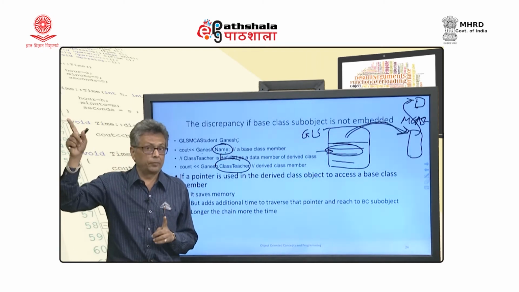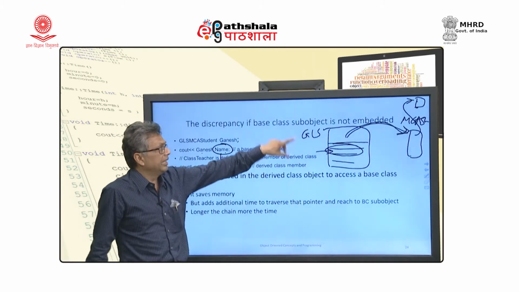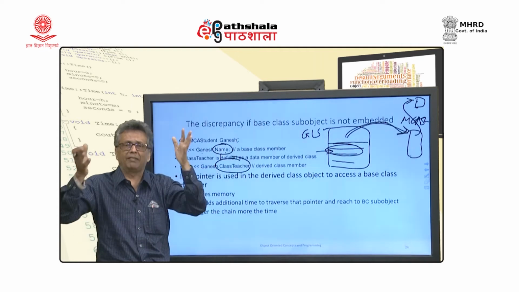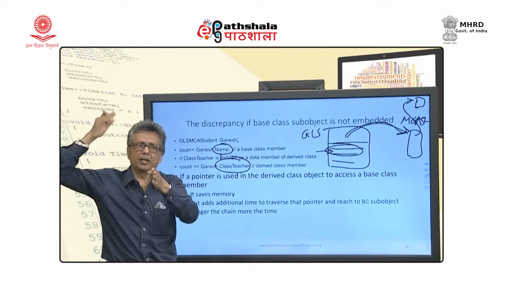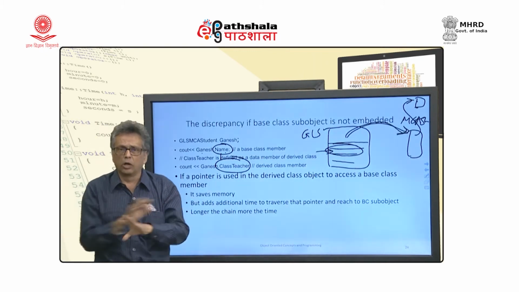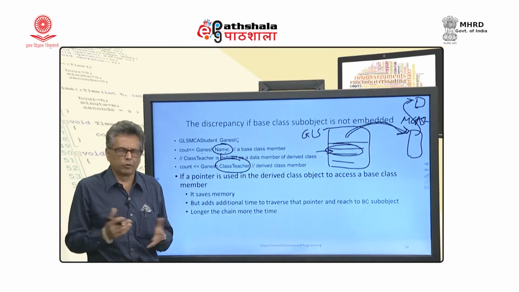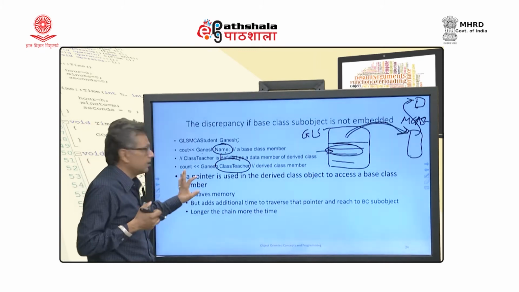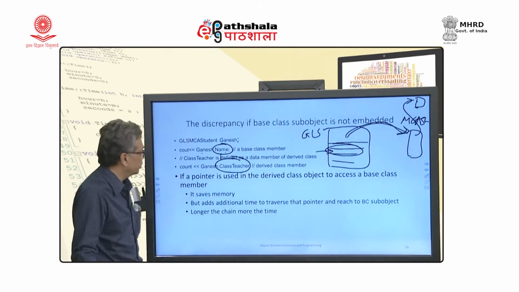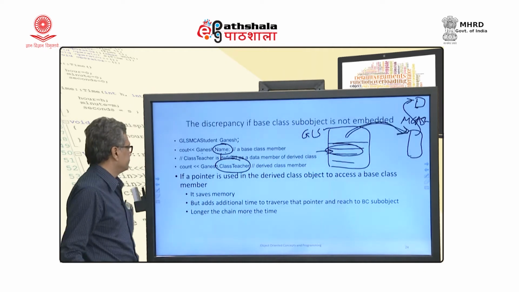Now, that does not happen in the C case, and that is the reason why the embedding is done. So GLS MCA student will have MCA student embedded within, and MCA student will have the student object embedded within, and we do not have any performance overhead. Obviously, there is a memory overhead, and there are a few other issues with that, but that is the reason why we have this embedded object solution. It seems quite crude at times, but it is the best solution.